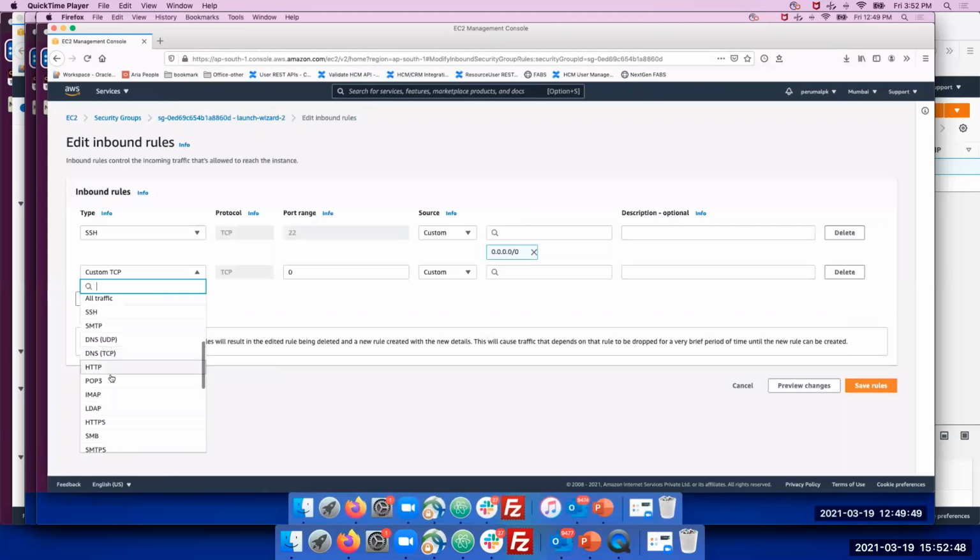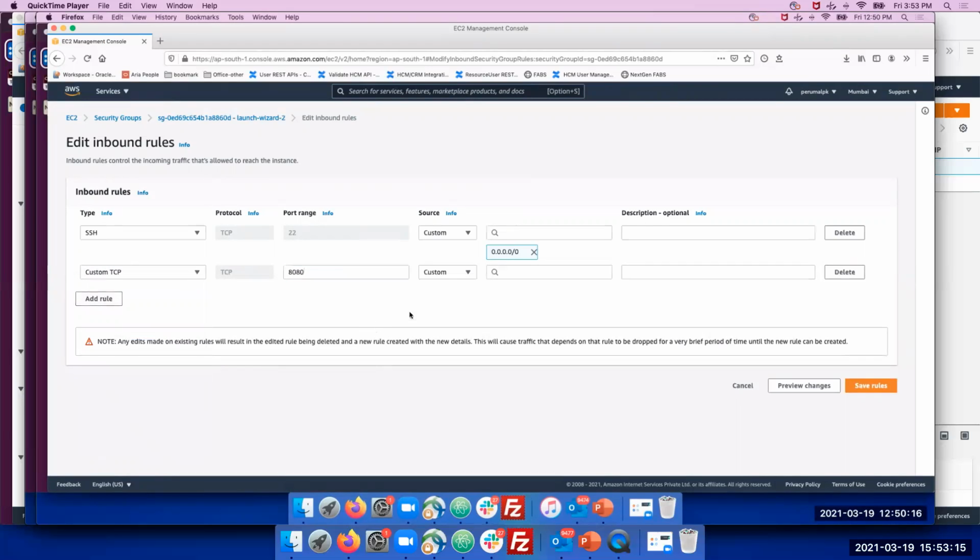Let's say I want to enable HTTP port, I have to select custom TCP and 8080.